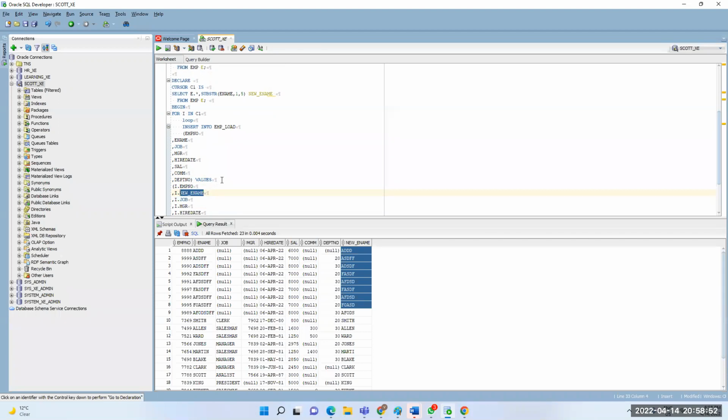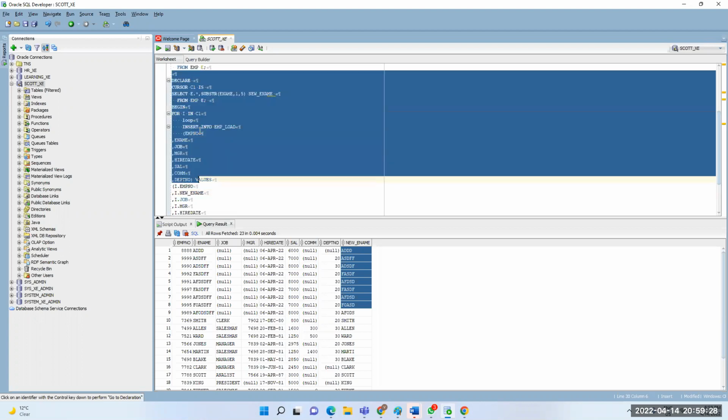Here, employee table and department table. In the employee table, we have the employee data and department number actually. Now, I need to load the data into the other table, including the department name also. I don't want the department number actually. I want the department name. We'll work on this scenario. Is that fine? So we have two tables and we want to fetch the data from them into a single table.